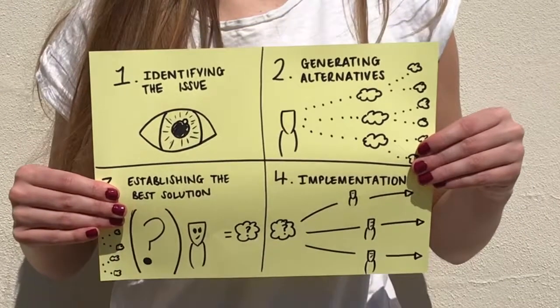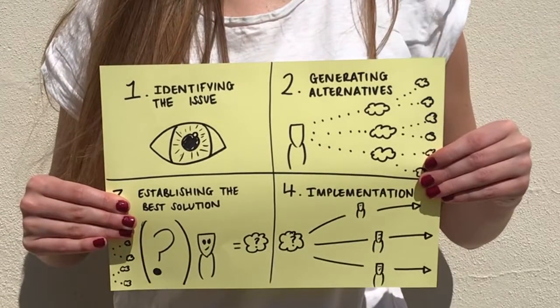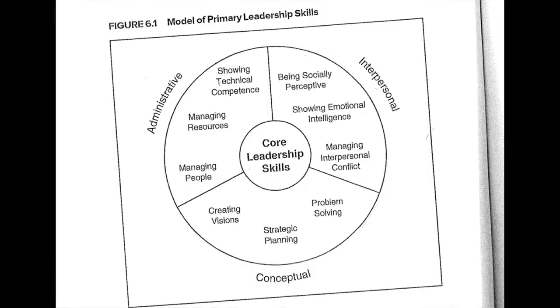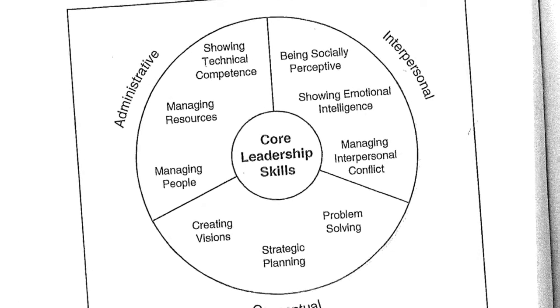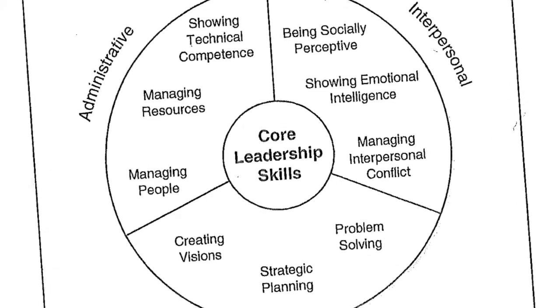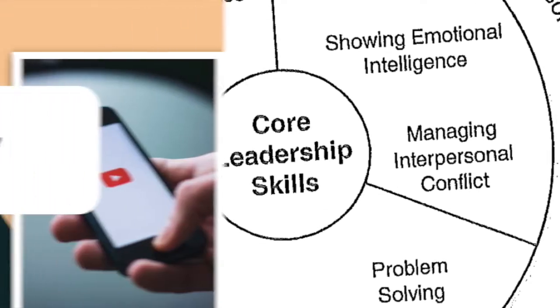Nordhaus 2018 builds upon the process of problem solving, and adoption of the 4 stages aided the revival of our group spirit and production of videos. These 4 steps included identifying the issue, generating alternative solutions, establishing the best solution, and implementation. Overall, it is evident that the leadership skills developed throughout these projects will benefit me when dealing with group issues in the future within working environments and beyond.